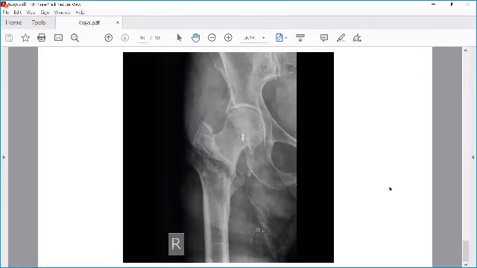Why? What happens in a neck of femur? AVN. Yes, AVN, but it will also not unite because the synovial fluid is there, no? So the fluid will not let the fracture unite. And the head will also get AVN. You said correctly. So only two things they will ask you: the clinical part and then the management part. So in this one, proximal femoral nail, and in a neck of femur, you go for a bipolar prosthesis, means hemiarthroplasty.